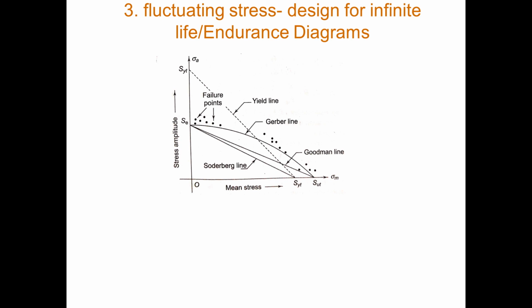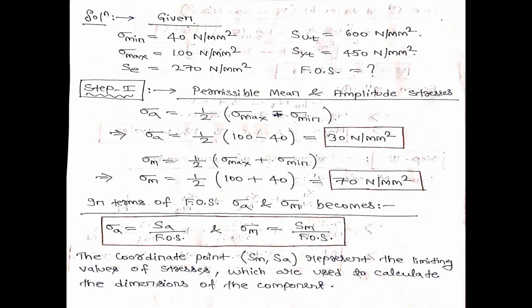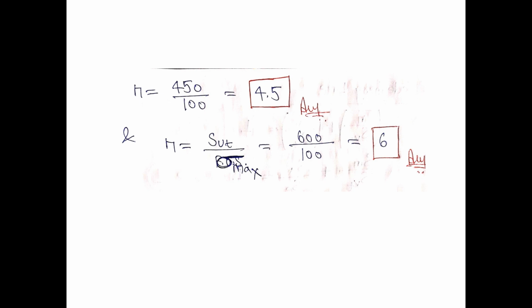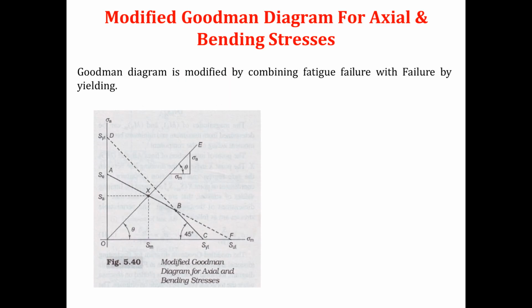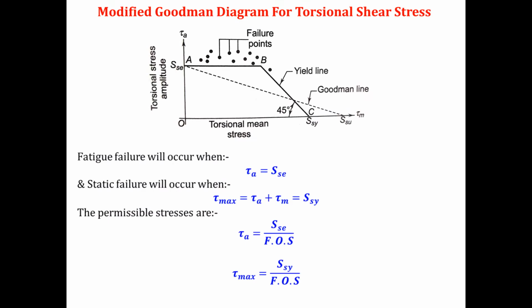Fine, it is not necessary that if the area under the curve is more, Gerber theory is always applicable to design the problem. No, always we go for Modified Goodman theory. Fine, because what happens in Modified Goodman theory? In Modified Goodman theory, any point lying within the curve is safe to design for fatigue failure as well as for yield failure, which Gerber theory does not define. So that's why we will always design the component in fatigue, when it is subjected to fluctuating load, using Modified Goodman theory if any other theory is not given to you. Is the point understood?